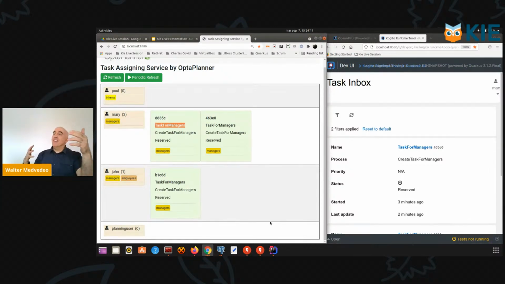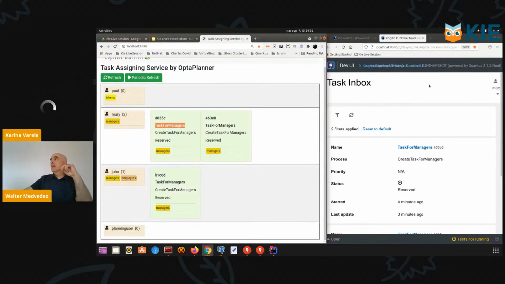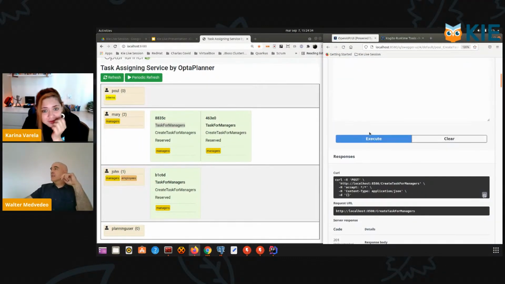Since OptaPlanner is doing the assignments, and since we are trying to do a fair distribution of the workload between the users, with high probability, if I create a new task, this new task should go into John's list and not to Mary, because Mary already has 2 tasks, right? Yeah, indeed. So you are saying that this assignment is actually based on some